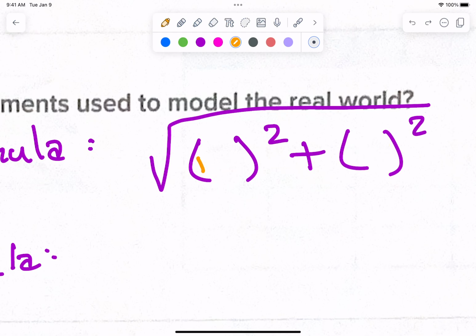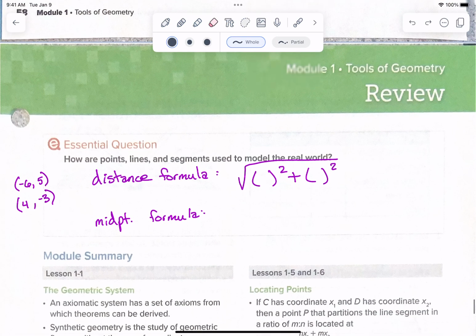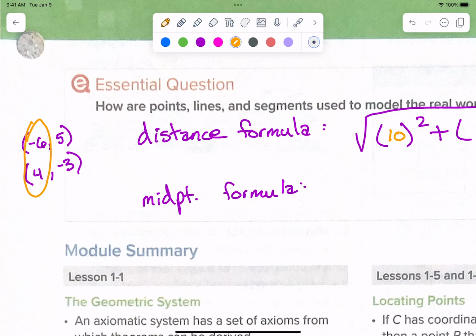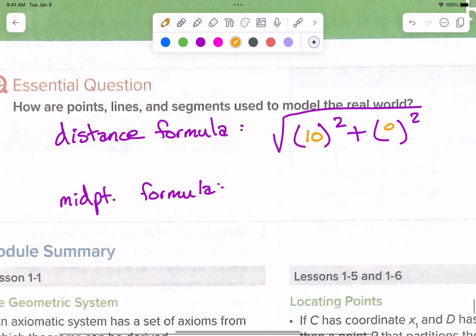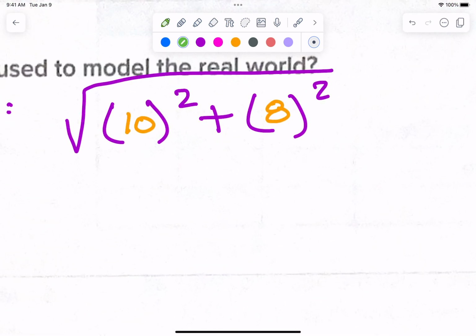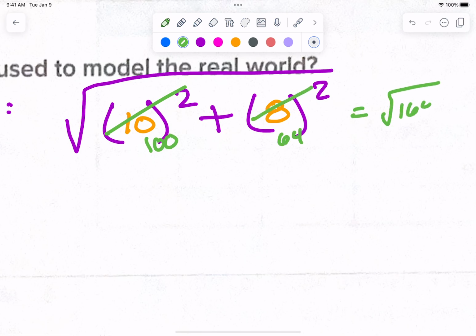And let's go ahead and do this distance formula. Let's practice on my points that I have given for you. So these 2 guys right here, in that first bubble, I'm looking at how far apart are -6 and 4. I just made this up. 10. So 10 goes in the bubble, right? How far apart are 5 and -3? 8. So I put that in the bubble, right? Okay, and then I just do the math. So 10 squared is 100. 8 squared is 64. So the square root of 164,